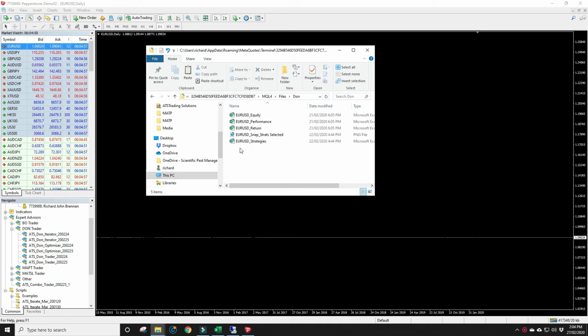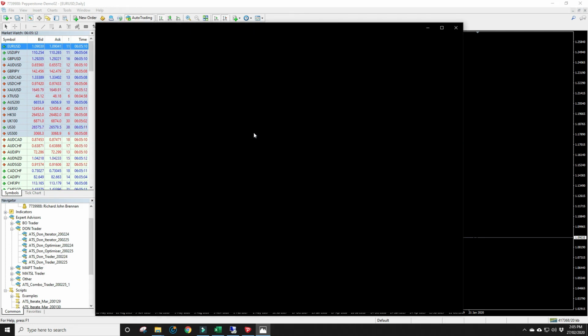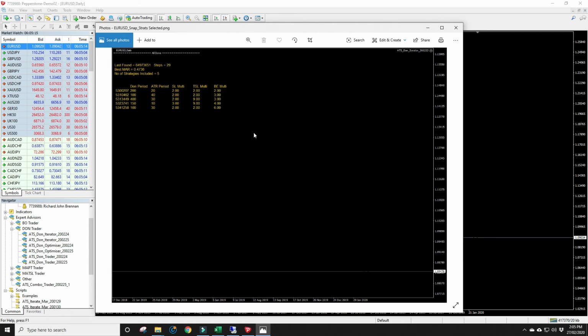When you open that up, you'll see that an additional 2 files have been created, one called EuroUSD Snapstrat Selected and one called EuroUSD Strategies. This is just a picture file which represents the end of the iteration process, the results of the process. So in this particular iteration of 20 million within a range of between 1 and 10 strategies, it's actually selected 5 strategies which together produce the best MAR as a single system portfolio for Euro USD. In this case, the MAR will be